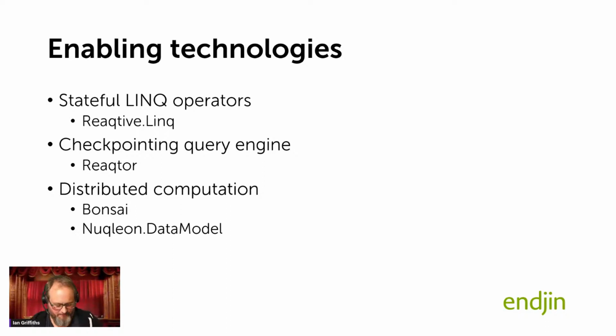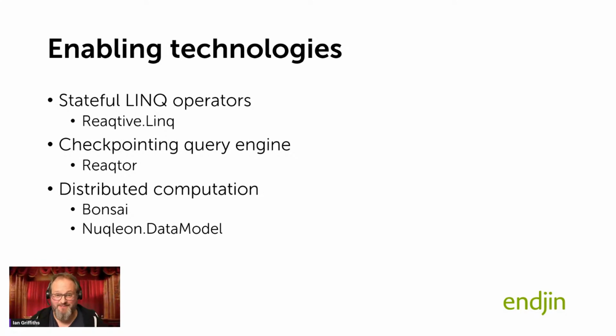The data model enables us to write strongly typed queries against .NET types that represent the structure of our data streams, but to do so in a way that doesn't depend on those types actually being available on the query engine. Because this is a classic problem whenever you try and remote bits of code around. If you're trying to take some code and migrate it from here to there, which is essentially what we're doing, we're saying I'm building a query on my client box, but I want that to run inside the query engine. How's that going to work if I don't have all the right DLLs installed on the target system?